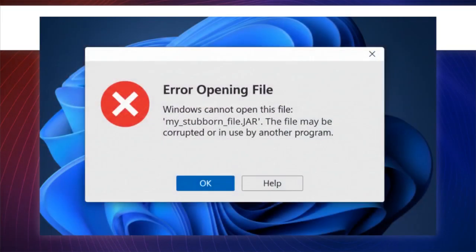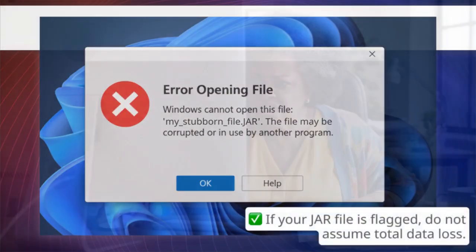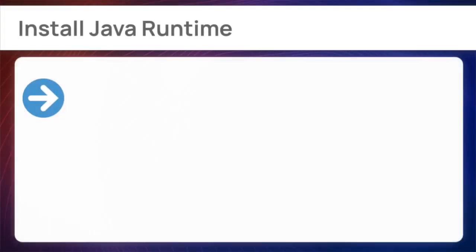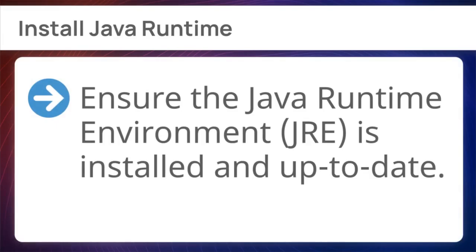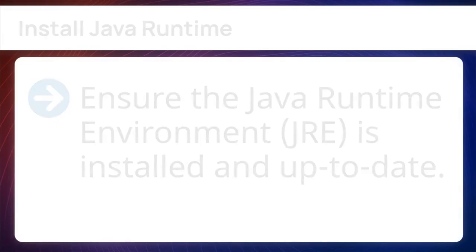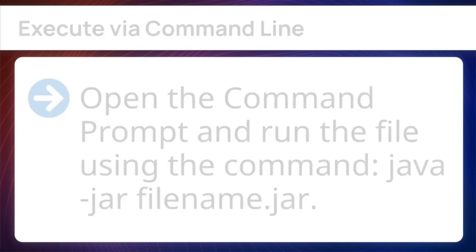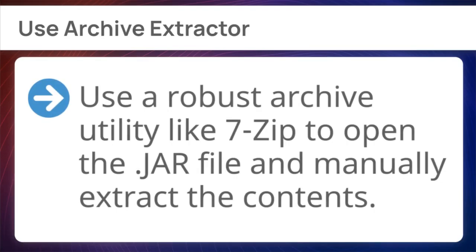If you cannot access the JAR file, no problem. Let's systematically test the most common failure points to isolate the issue with your JAR file. First, install Java Runtime. Ensure the Java Runtime Environment, JRE, is installed and up to date. Next, execute via command line. Open the command prompt and run the file using the command java -jar file-name.jar. Finally, use an archive extractor. Use a robust archive utility like 7-zip to open the JAR file and manually extract the